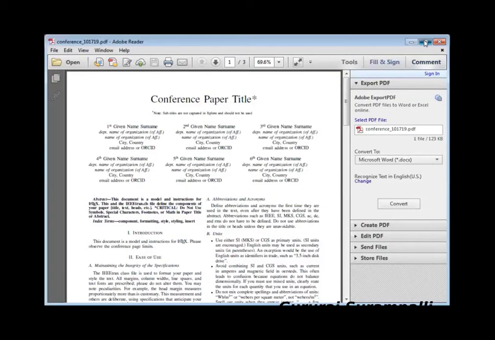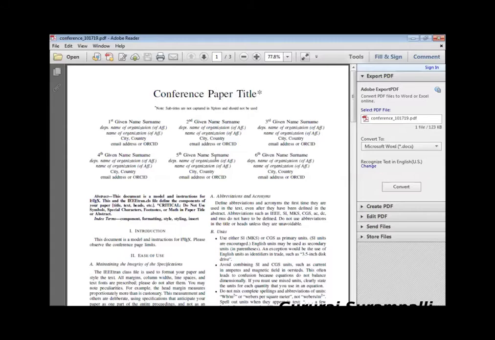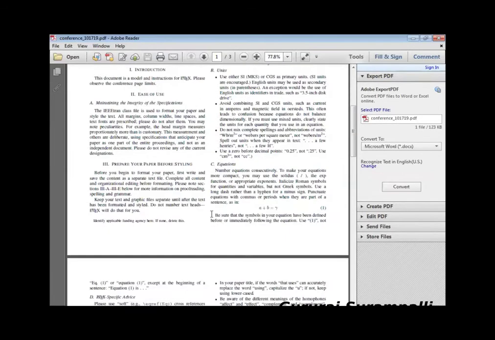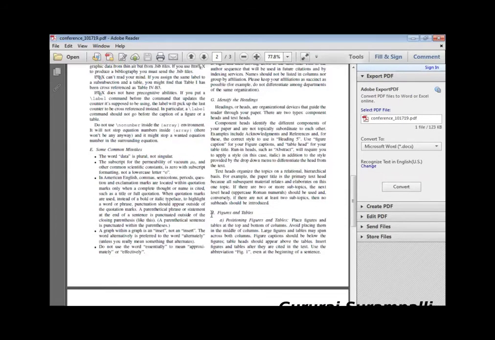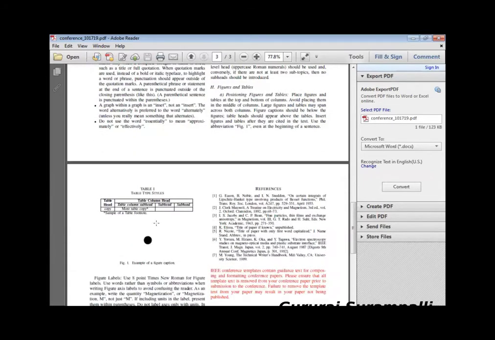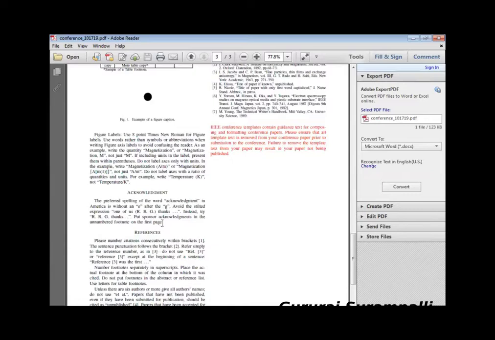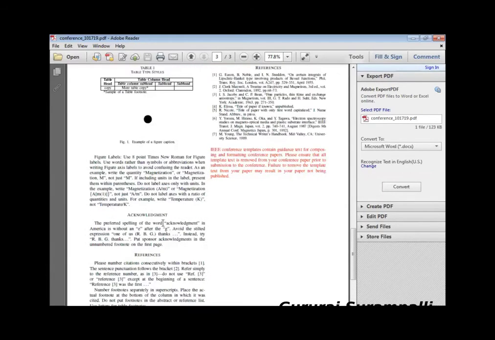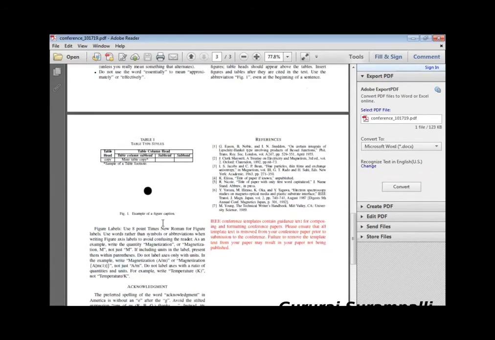You can see the conference paper title, and it is two-column. When you print on paper, it will be a very good quality compared to the Word format. The tables and figures you see here will have good clarity and quality. You can see the reference here.